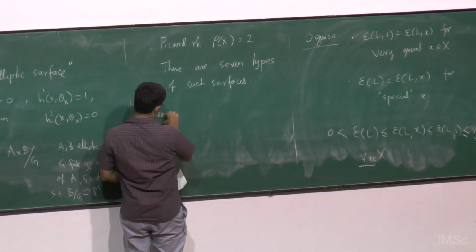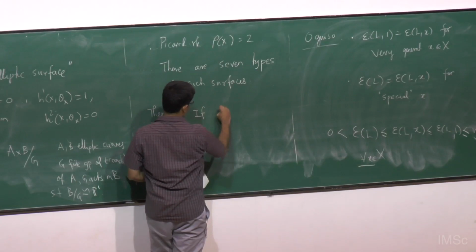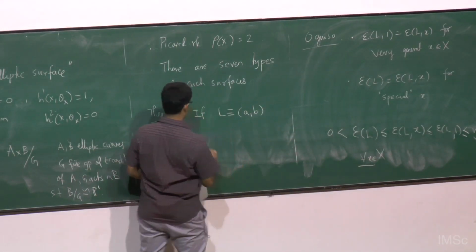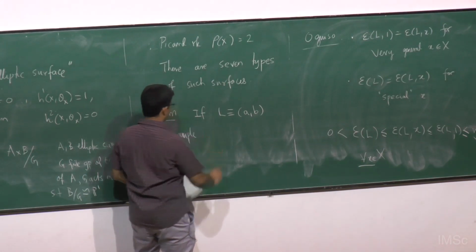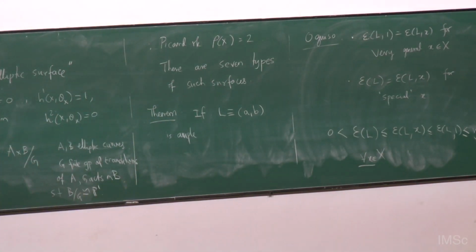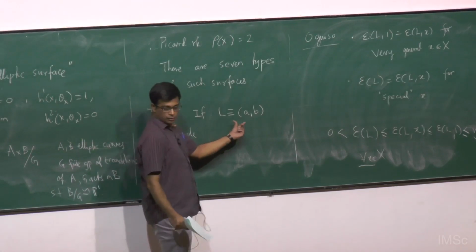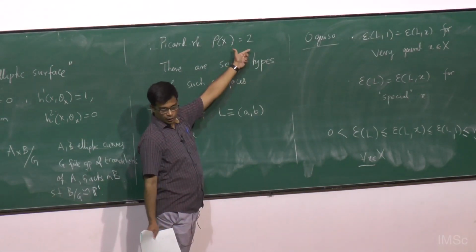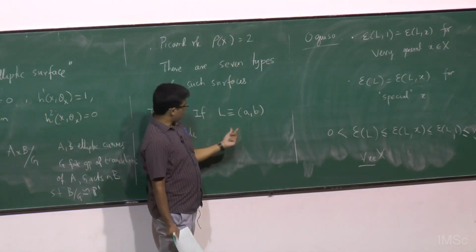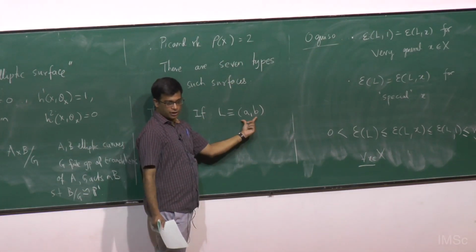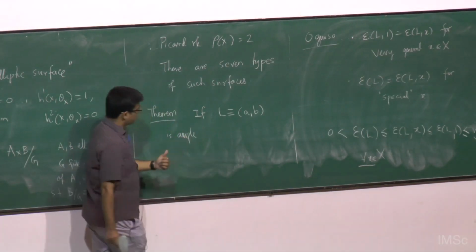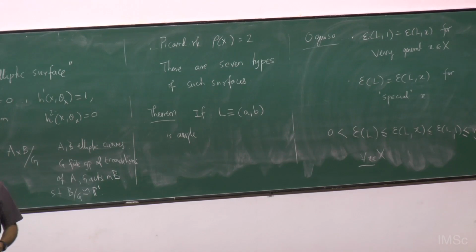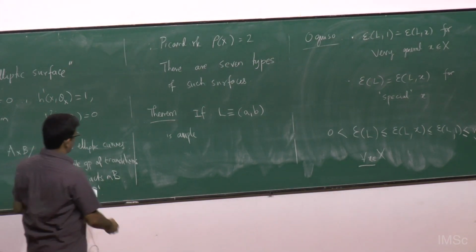Okay, so the first theorem here is: if L is a line bundle. Seshadri constants are really defined for numerical classes of line bundles, because if 2 line bundles are numerically equivalent, they have the same Seshadri constant. So one needs to only look at the numerical class of them. Here the Néron-Severi group has rank 2. So any line bundle can, up to numerical equivalence, be given by 2 integers, and it will be ample if both are positive. So that is the ample cone in this case. If this is ample,